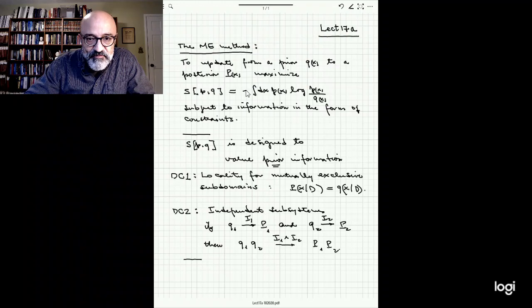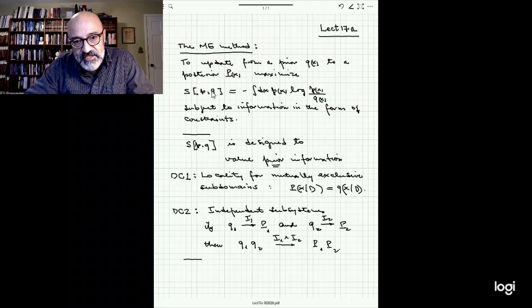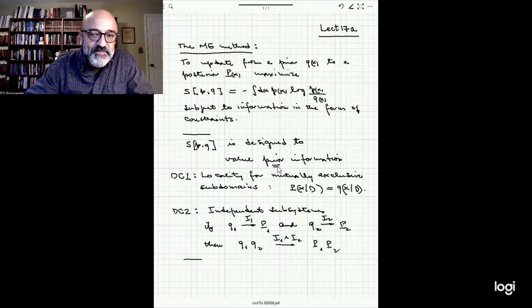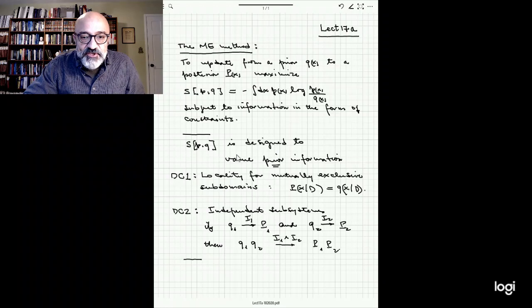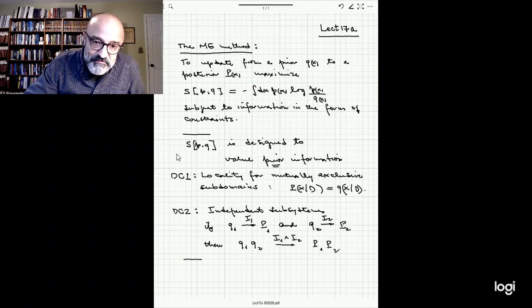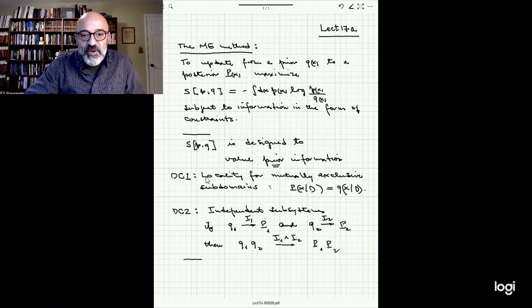What is it that we prefer when we rank probabilities P relative to a prior Q? Well, the functional form of the entropy is designed basically to value prior information. This is what makes the method Bayesian. When you care about what it is that you have learned in the past. The actual design of the entropy is accomplished by having two basic design criteria. One is that